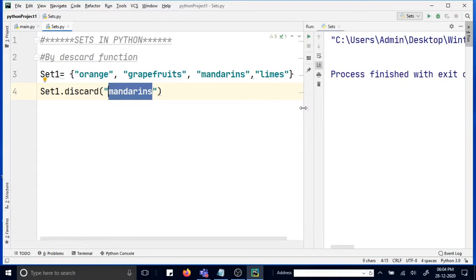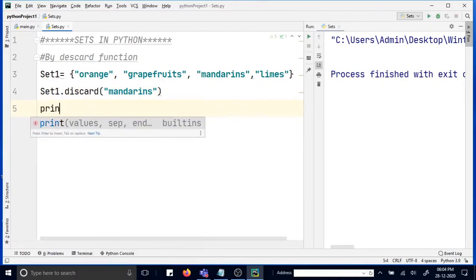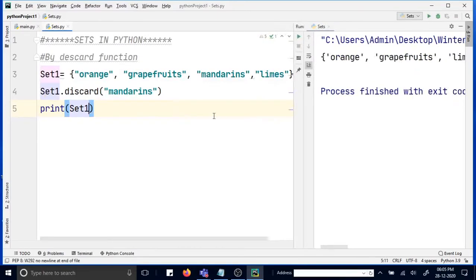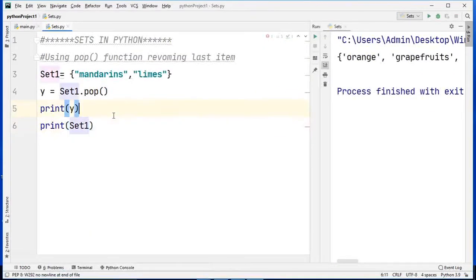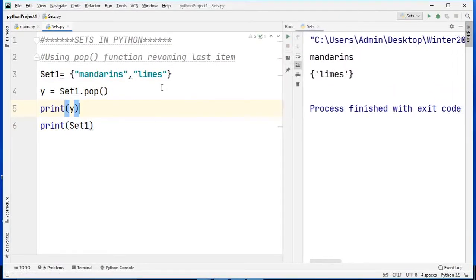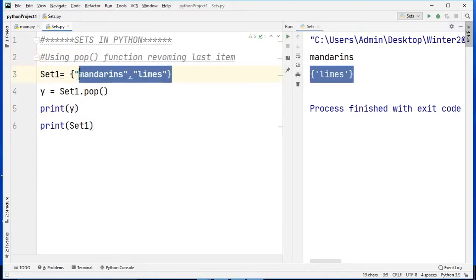So you see, and then finally if you print it, that means it has popped from this set, it has popped the last element.